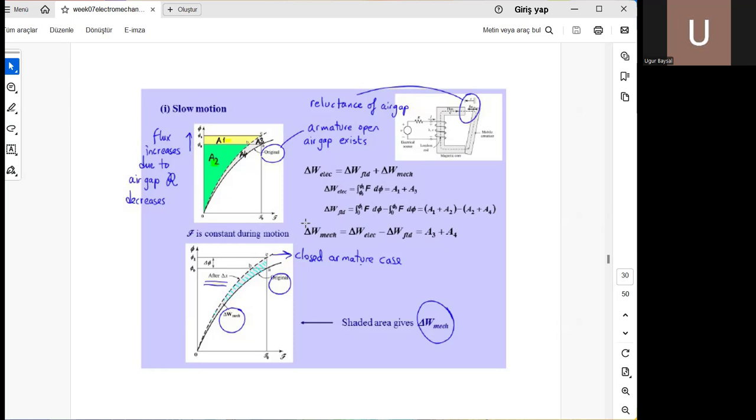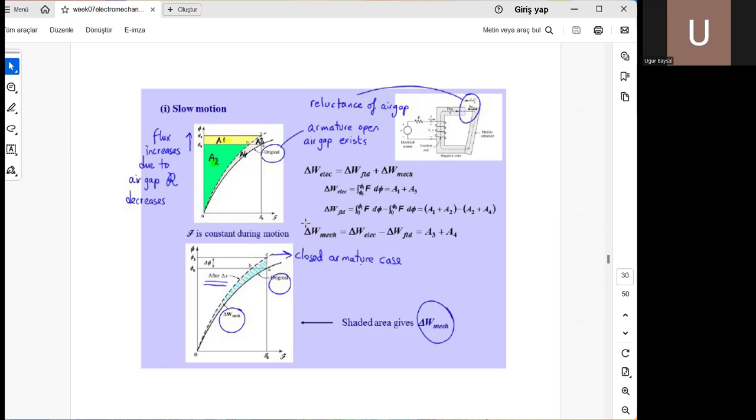So in the slow motion, the MMF is assumed to be constant. In real life, it does not. In real life, there's a complex relationship between the MMF and the flux. So both of them interact together and change accordingly. But if you model them in the simplest case, we can assume constant MMF, you see on the areas